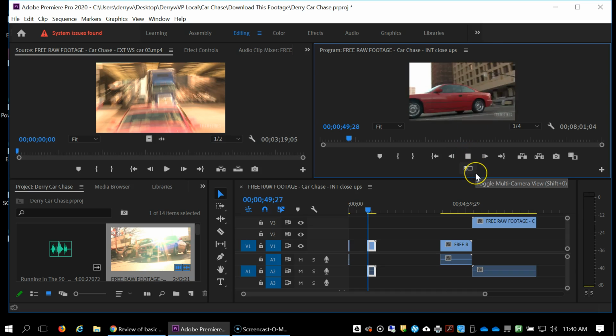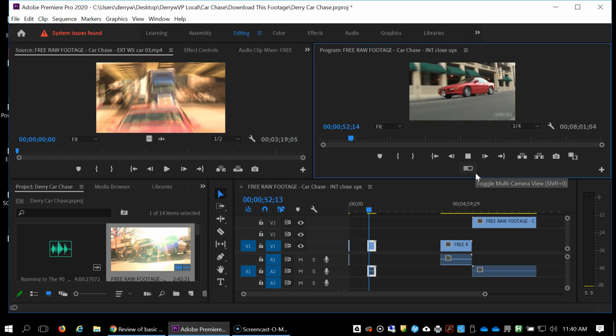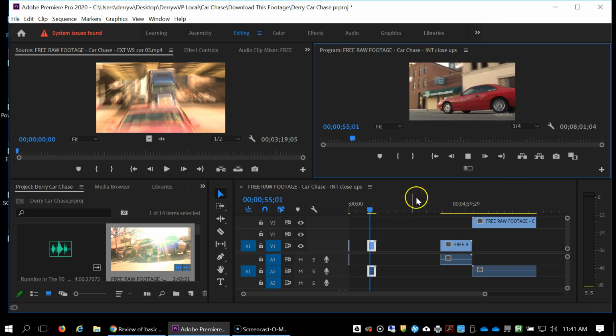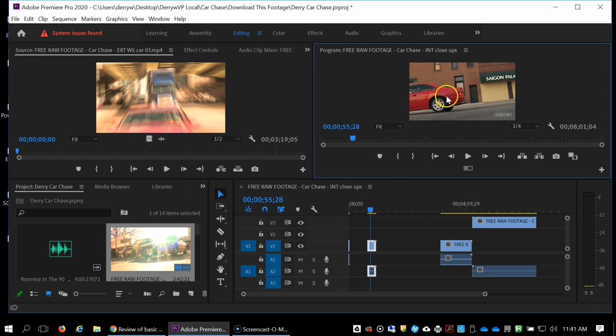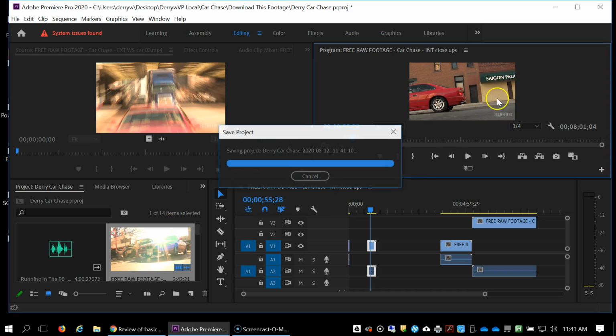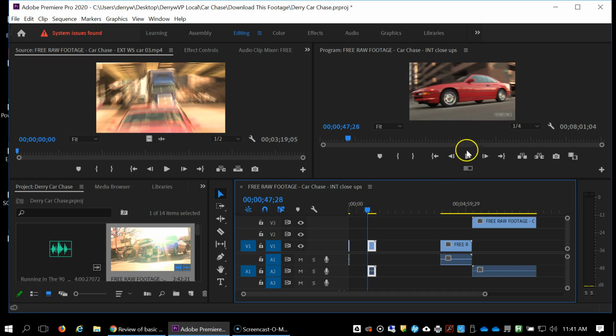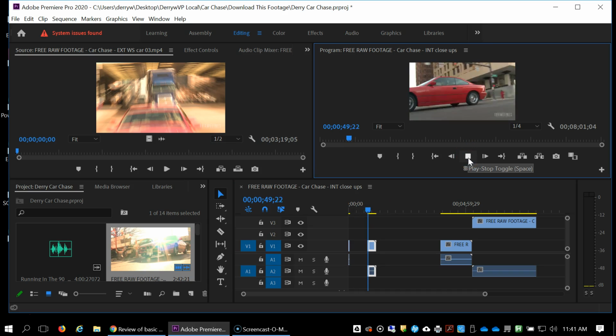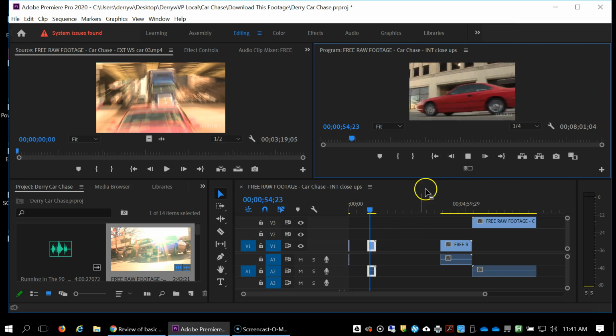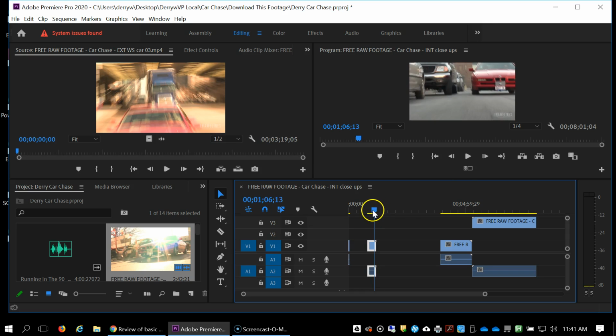So now it looks like we've got a little bit of excitement going on, and we've got a real chase scene. You want to be careful though, because if you choose some footage that's got people walking in the background, or somebody in another car, that might take away from the effect. But for what we're looking at right there, we could easily up the speed by 500% and just have a short clip that's a little bit more exciting, and we'll add some exciting music to that as well. So I'm going to call that